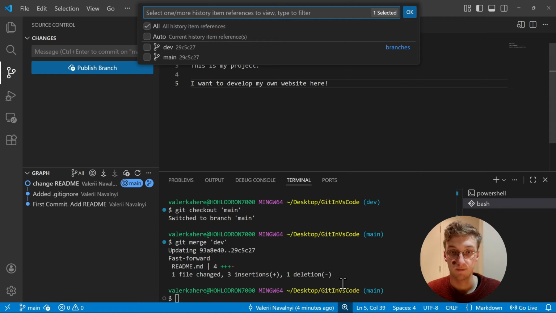If I say git log, I can see my head points to both branches, so the latest commit is the same on both branches. But I'm currently on main branch. Now, because they're the same, and we can check it, switch back to dev, and yeah, they are the same. Here it says dev and main. I can switch back to main,